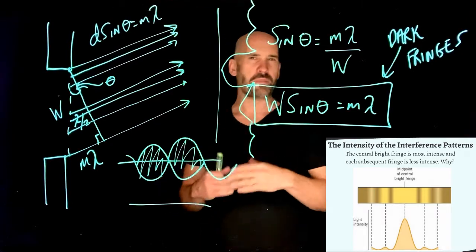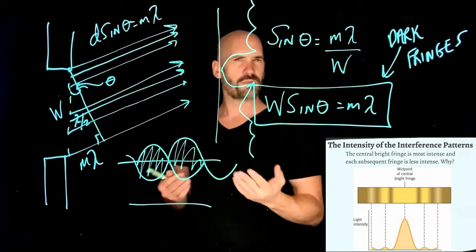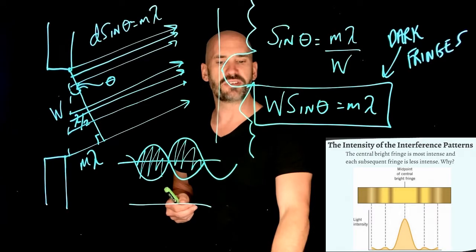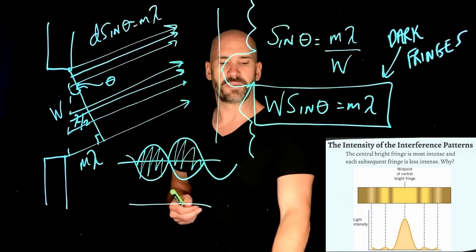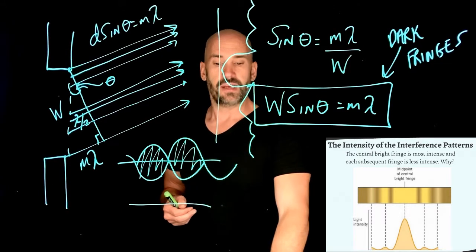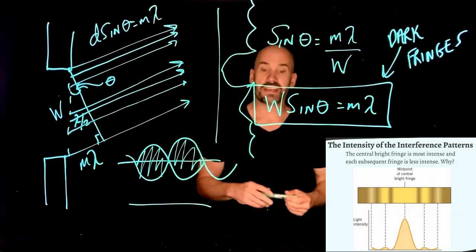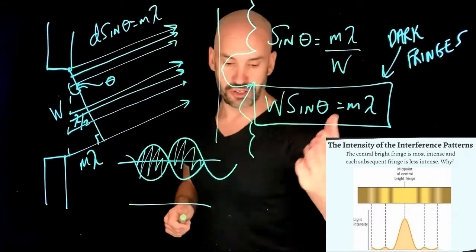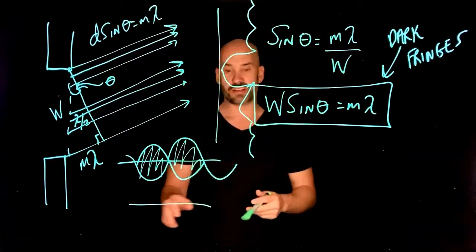And so it might be an interesting thought experiment to ask yourself, why would that be? Why would the central fringe be so bright and the others be subsequently less bright? Okay, but let us take a look at how we use this relationship to actually solve a classic